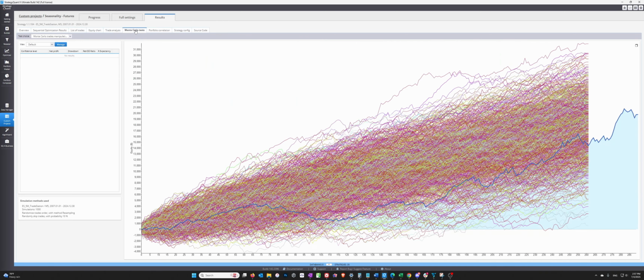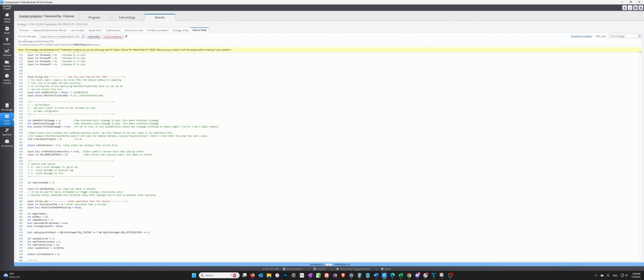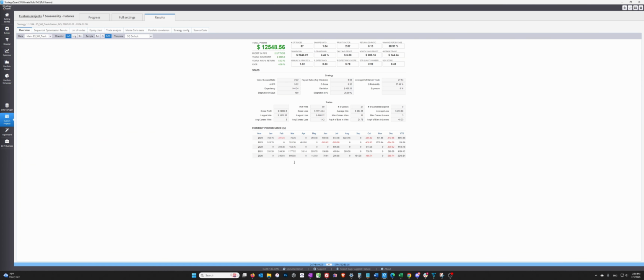And then, of course, we've got the Monte Carlo. This big blue line is the actual, and it says the majority of randomizations of the data would have produced a general upward slope. So there's a high chance, about 95% confidence, that you're probably going to make money. And then you can get the source code for the strategy in that section there. So that's how I use Strategy Quant X, and then I typically take the source code